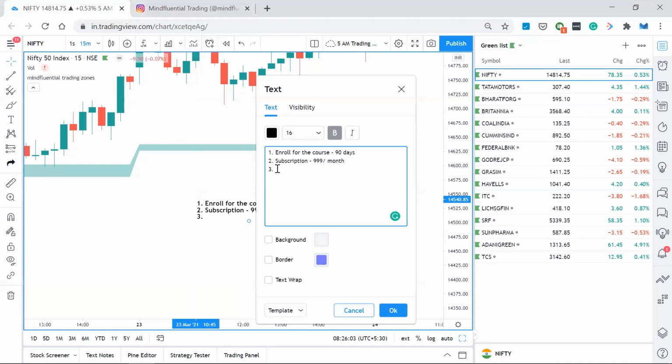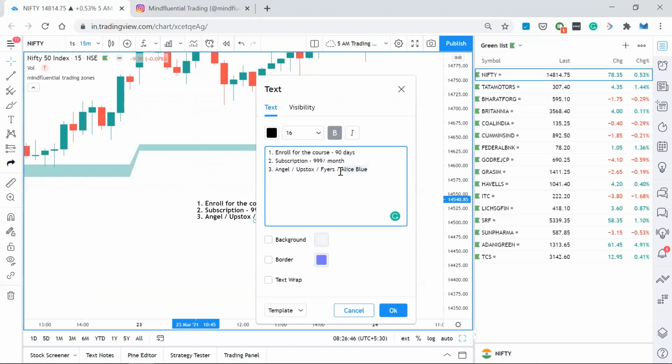If you go to our Instagram, the third thing is I'll be sending you a DMAT link. With that link, you need to open a DMAT account. We are tied up with Angel Broking, Upstox, Alice Blue, and Fyers. So these four: Angel, Upstox, Fyers, Alice Blue. If you don't have an account in any of these trading broker platforms, I'll be sending you a link to open a DMAT account. All DMAT accounts are free, and it will be of no cost to you.